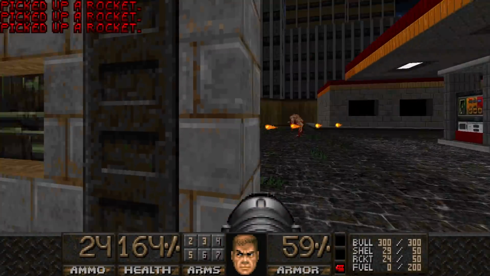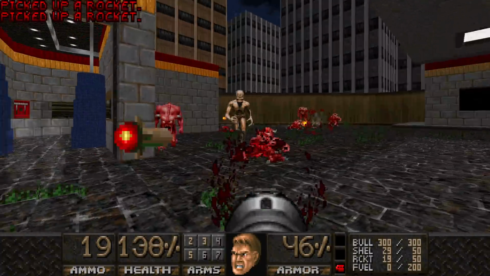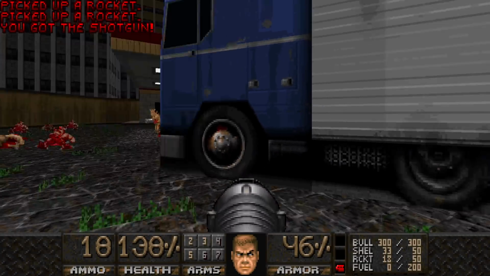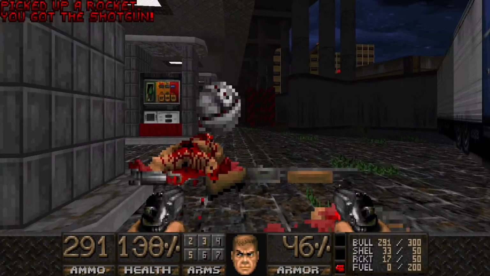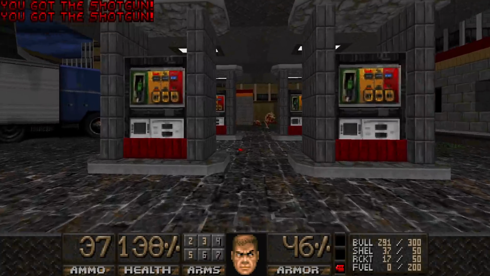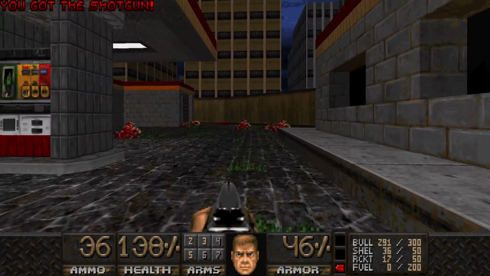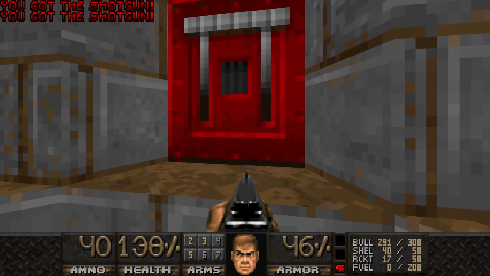Let's get these guys out of the way. Yeah, this encounter's pretty deadly due to the two Archviles and the fact that the Pinkies can run right into your rockets whenever you're trying to fire at them. And there's also the new enemies too that can inconvenience you, and some hitscanners. Now granted, it's not the deadliest encounter in this map, I don't think, but it can still get you if